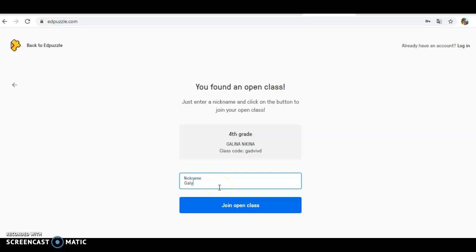You write down your nickname and you join the class. So the two options can be used without any troubles. Either way, it'll take you automatically using the code